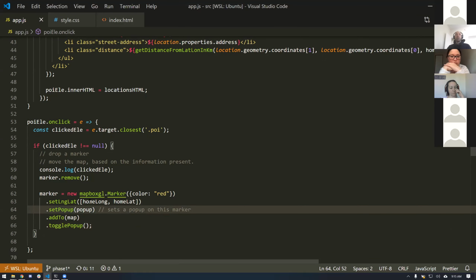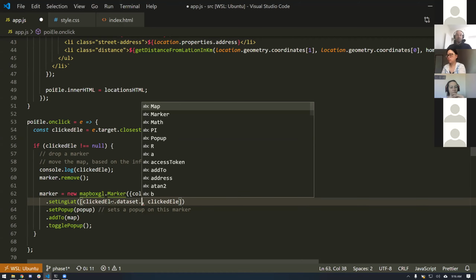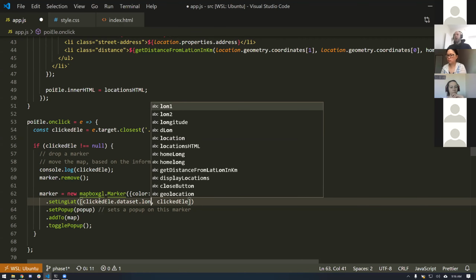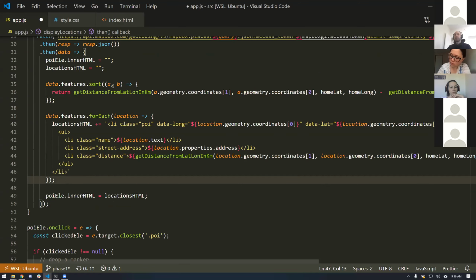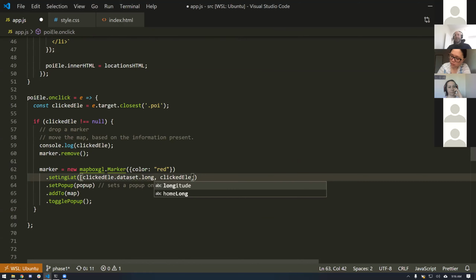Okay. The only difference is our latitude and longitude are going to be different this time. Instead of using our home latitude and longitude, we're going to be using the latitude and longitude for this point of interest. And that is available on the element itself, right? Through the data set. So we have the data set through the data attributes. I believe it was long. Let's see, what do we call it? Long. And